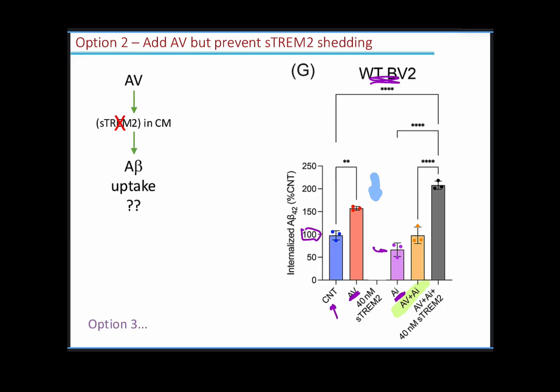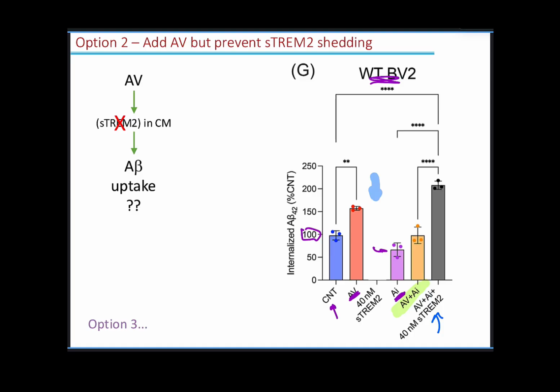But the last group, which is interesting, is everything together. AV, the ADAM inhibitor, and soluble TREM2. And why is that last control important? So when they added everything together, yes, now the cells are uptaking A beta just fine. Why do you think that last control is important? What is that control telling us? Yes, that sure, the inhibitor